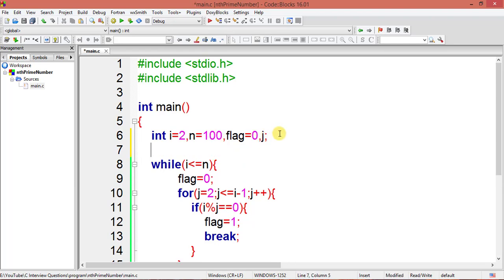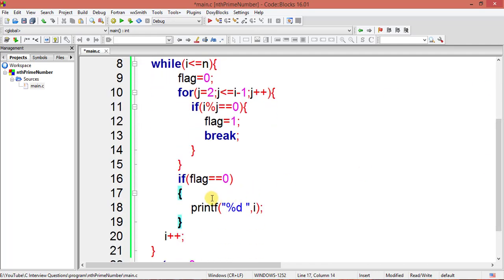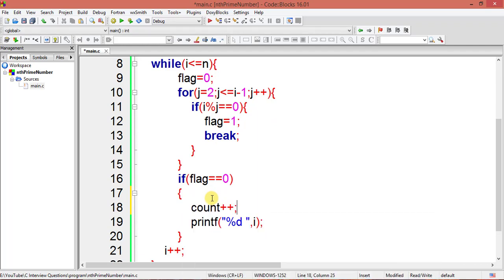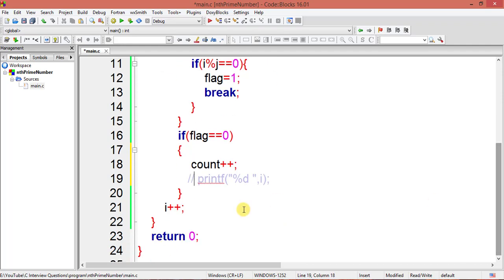So what I can do here is declare a variable called count with an initial value of 0. And when I get a new prime number, I can increase the count, so count plus plus. Let me comment this line here, and once I come out of the loop, I can print this number.